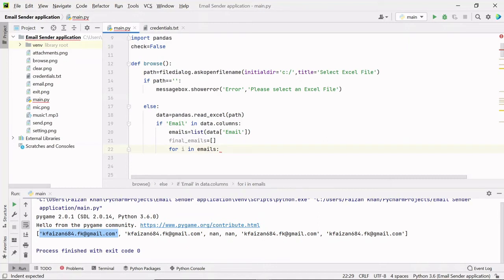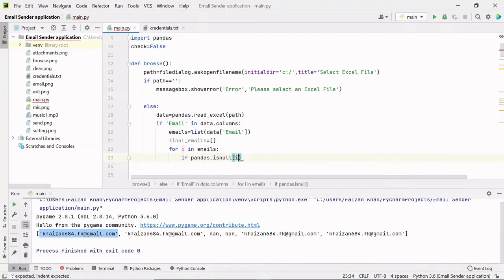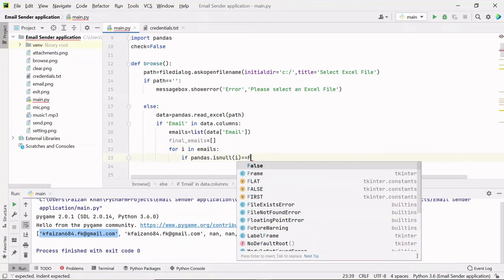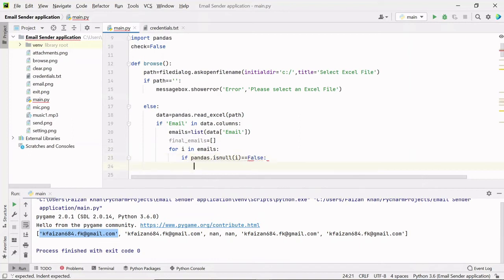So I'll use one of the methods of the pandas module to check. I'll write if pandas dot isnull method, and here I'll pass this i variable which will store the email addresses. If this gives us a false value, it means that an email address is there inside this i variable.